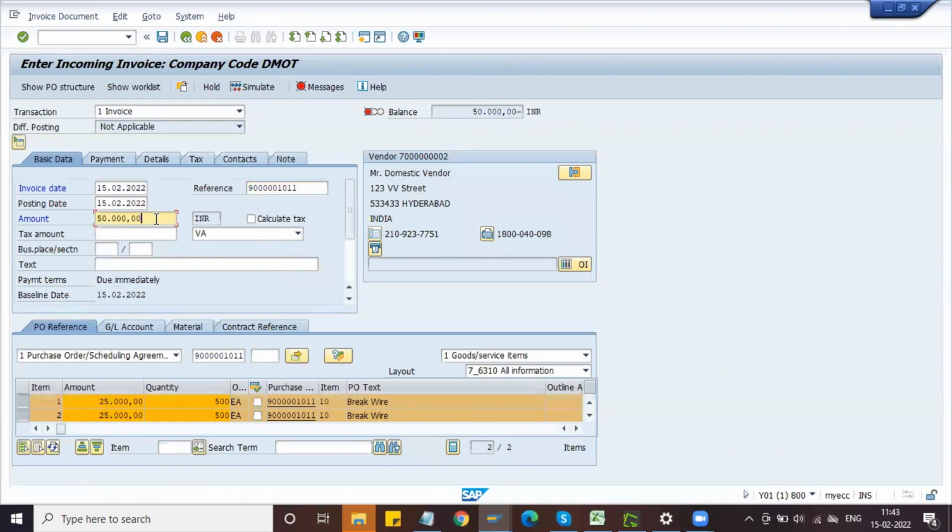This much amount we need to pay to the vendor. Okay, that's the reason why it has automatically taken the